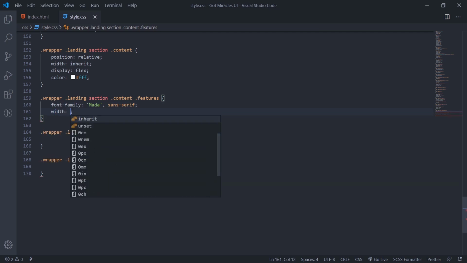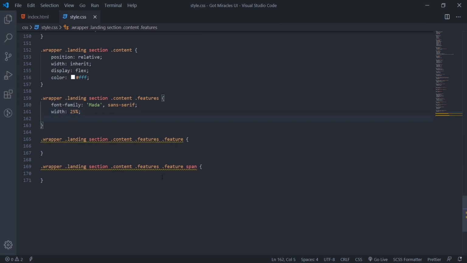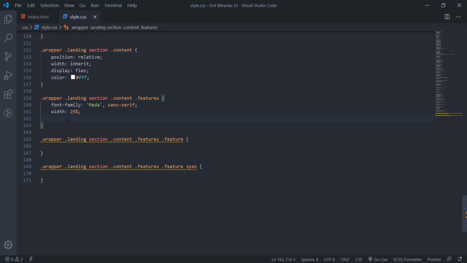We'll set the width to 25% because we want it divided into 3. You get one divided into 3 sections. So out of this whole 100%, this one will be 25, this one that percentage, while this other side will be another percentage again. So we'll set these features now, a percentage side to be 25%.